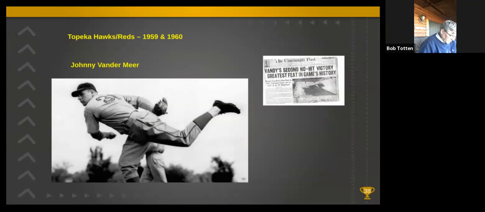But the 2 stars were, first off, Johnny Vandermeer, the manager. Now, he wasn't a playing manager. He was just the manager. But he's done something that no one's ever done before him or since, and he threw 2 consecutive no-hitters in 1938 while pitching for the Cincinnati Reds. And he was used not only as a manager, but also as a pitching guru by Cincinnati,